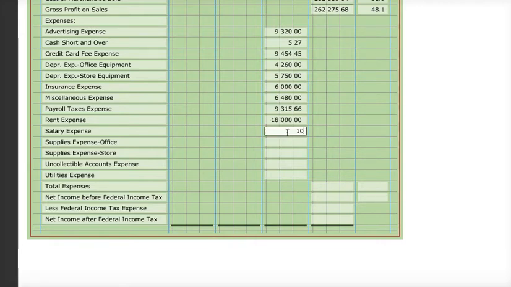Salaries expense 102,576.00. Supplies office 2486.99. Supplies store 2948.28. Uncollectible 1680. Utilities 6487.89. All right, so now we need to go through and add up all of these numbers right here to get my total expenses. Gives me a grand total of